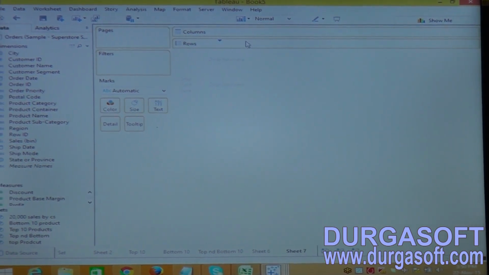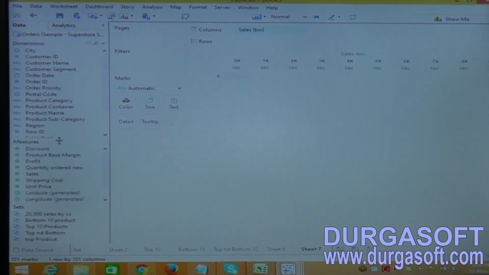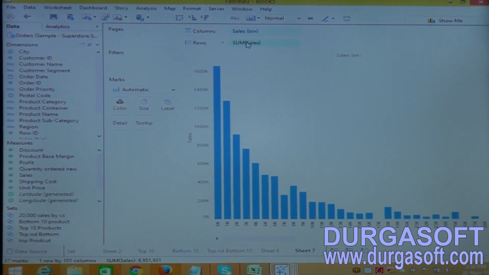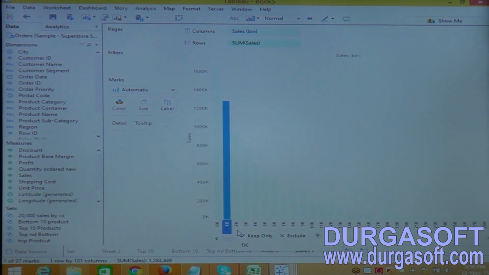Now drag the sales bin to the column and again drag our sales to understand the sales value. Now see this, we have split the data: 0 to 1000, 1000 to 2000, 2000 to 4000, 4000 to 5000, like this.